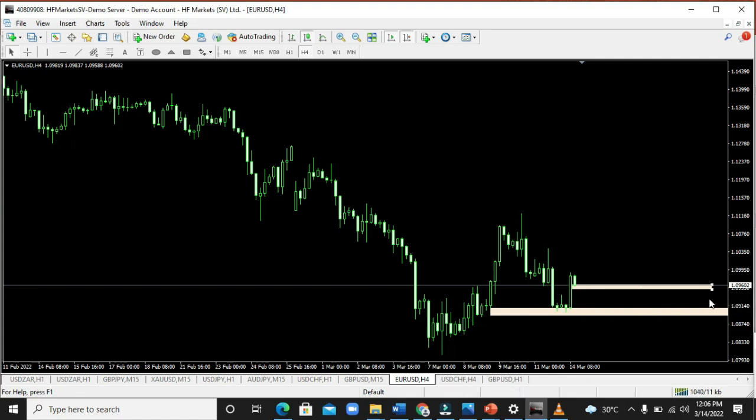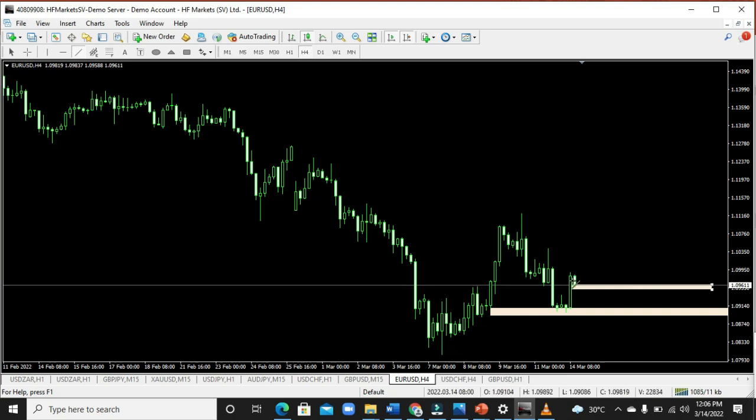Here's the price I want to get into the market. That is 1.09140. So what I'm going to do is I'm going to set a buy stop. The buy stop means if the market gets to this place, let me buy the market, activate the market for me as a buy. So what I'm going to set as my digit for the buy stop is this digit here,